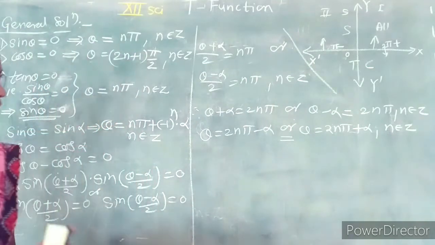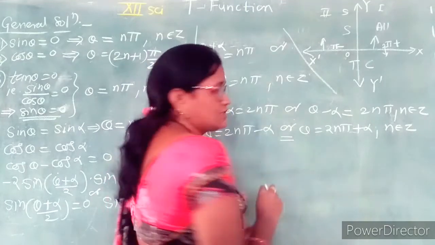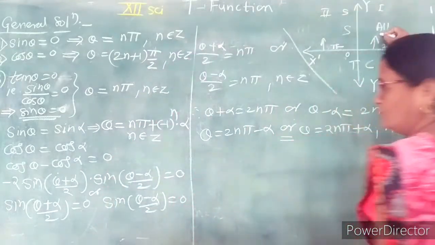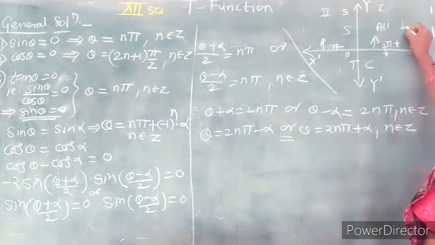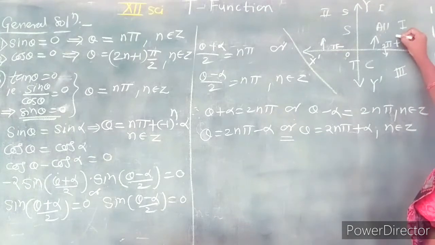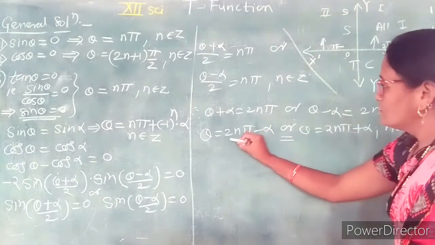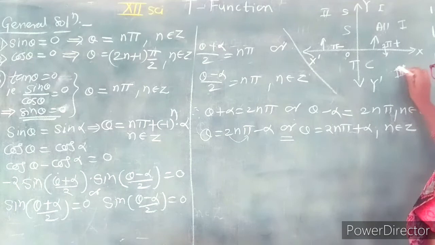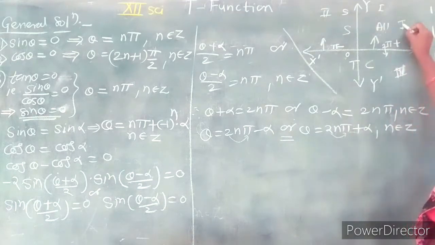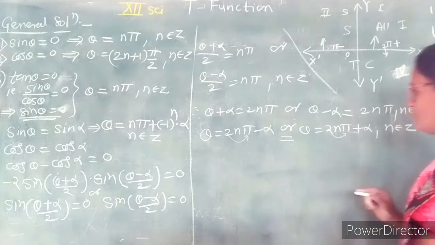This is the general solution for this equation. So how do you take the common value for this? Remember that for cosine, here all ratios are positive. The value of cosine is similar in the first and fourth quadrants, as the angles are greater than 360 and less than 360. So how do we explain 360 minus? 2 pi minus alpha means the fourth quadrant, and 2 pi plus alpha means the first quadrant. So this addresses the cosine ratios in the first and fourth quadrants.